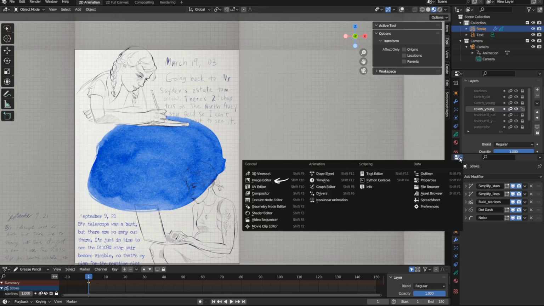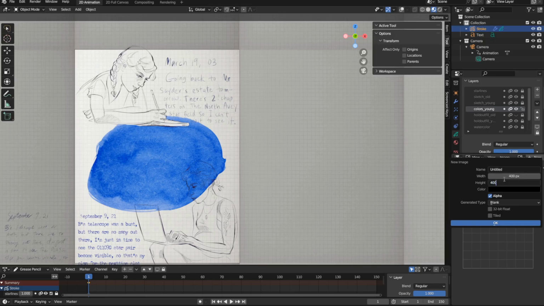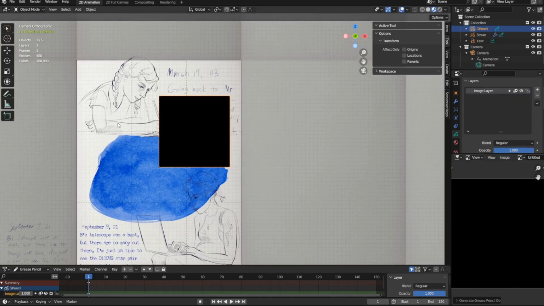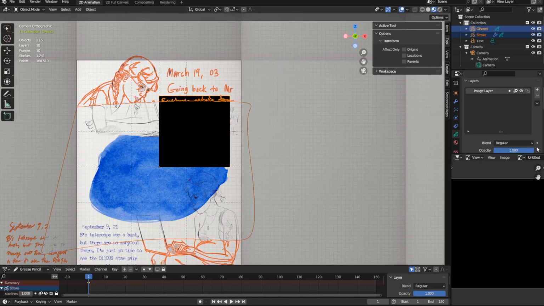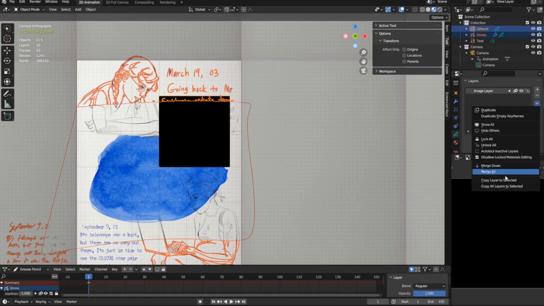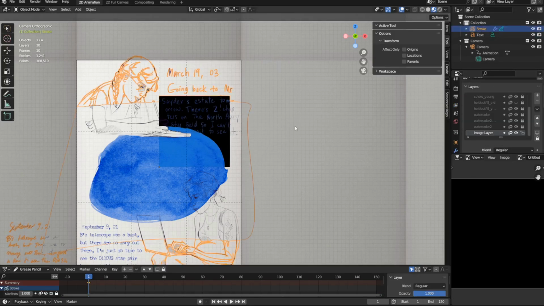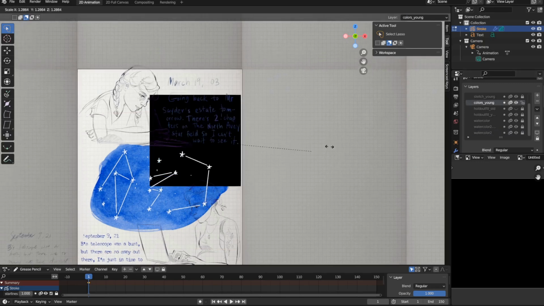So for this piece, I used the image editor within Blender to create a 400 by 400 pixel image, and then in this dropdown, I press on Generate Grease Pencil. In object mode, I select my original grease pencil object, then shift select the new object that got created, and in this dropdown in the layers, I can copy layer 2 selected. Then I delete the new object, and in edit mode, I can resize and move around this square canvas.